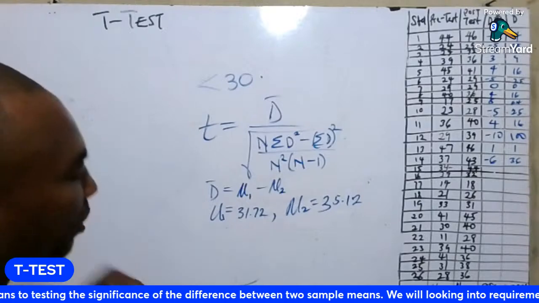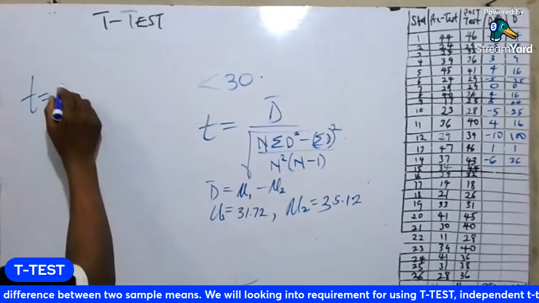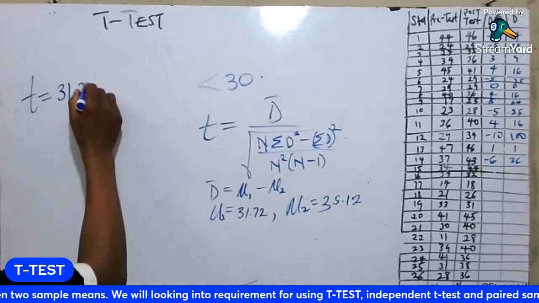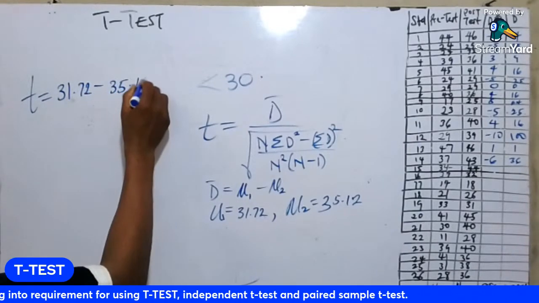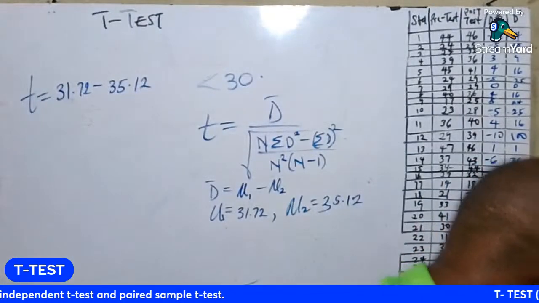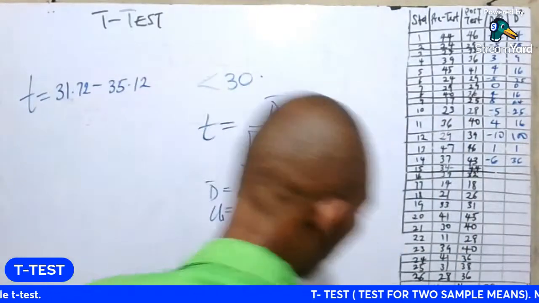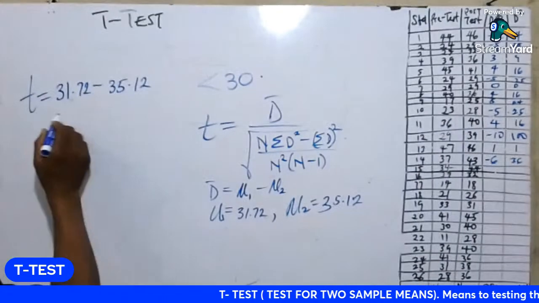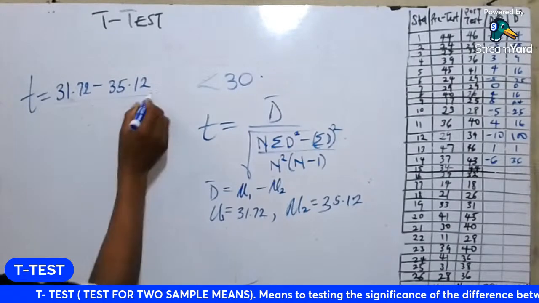So that means t-test is equal to 31.72 minus 35.12, minus 12. And what is that going to give us? The difference between the two is an absolute value. Don't forget that it's an absolute value. So everything over